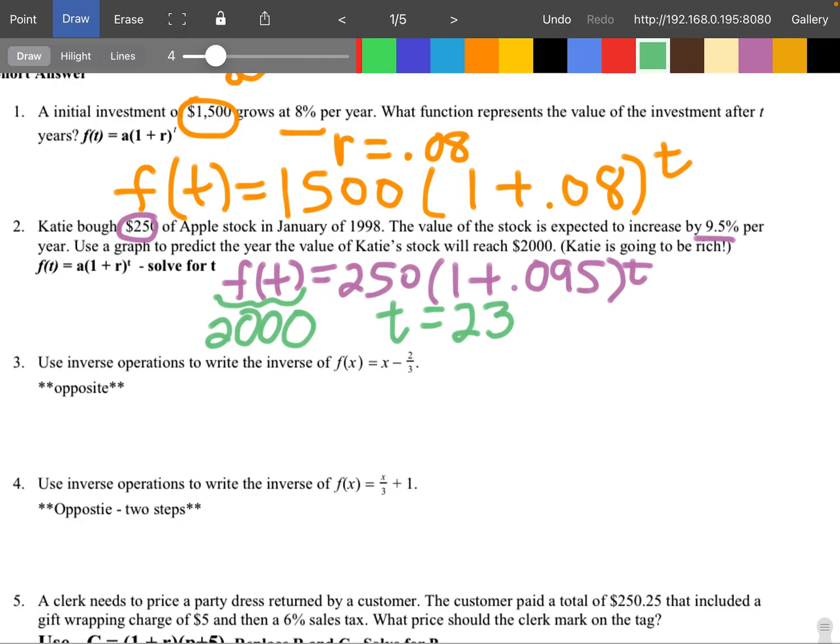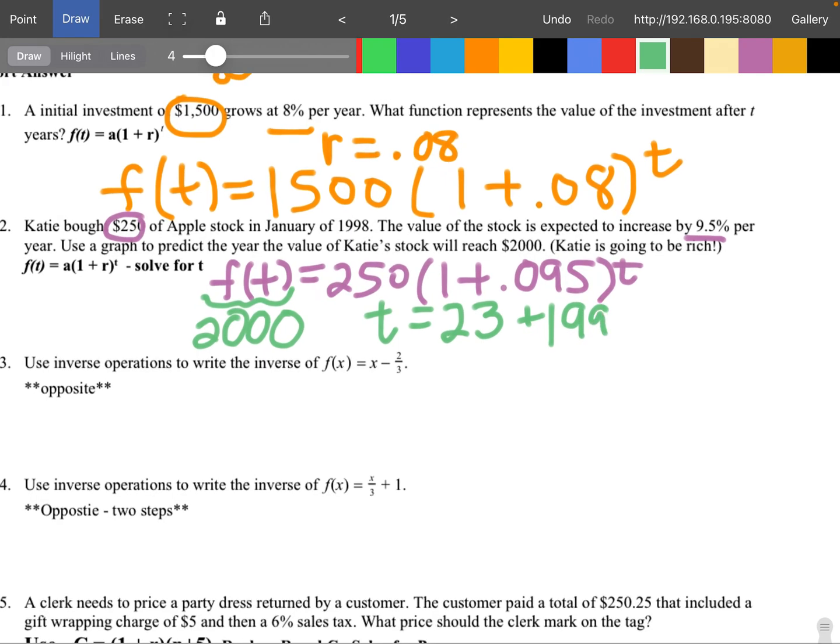Well, 1998 was year 0, so I'm going to add 1998 to my t to find out what year this is. And when I do that, I get 2021. So this year, my stock, or Katie's stock, who's me, is going to be worth